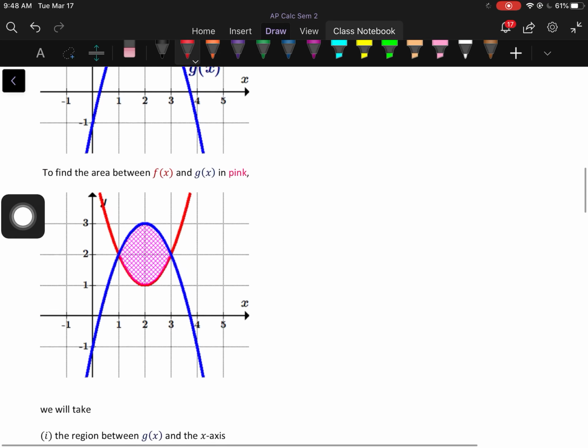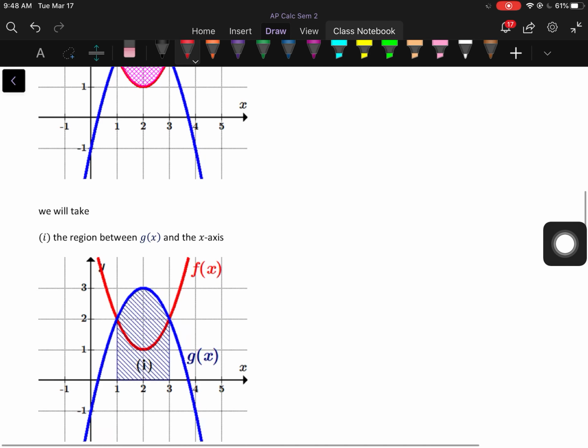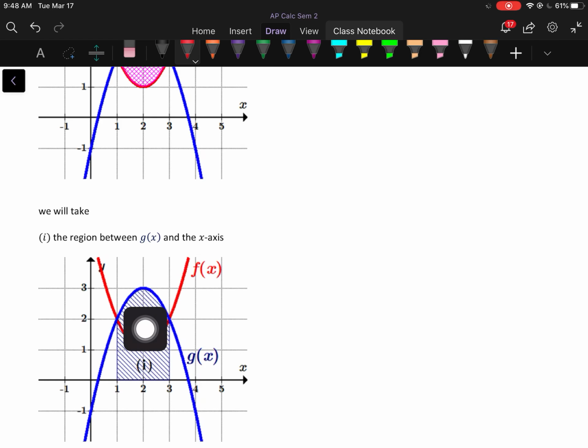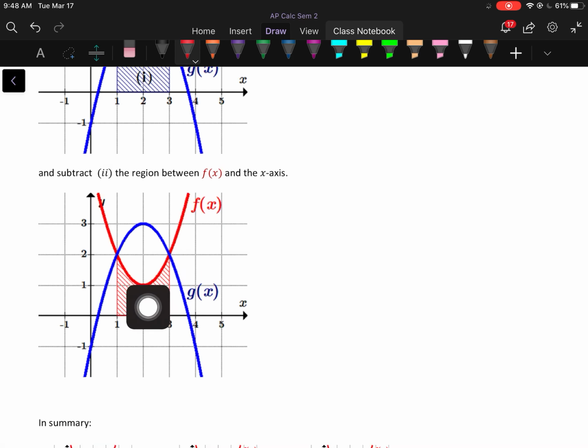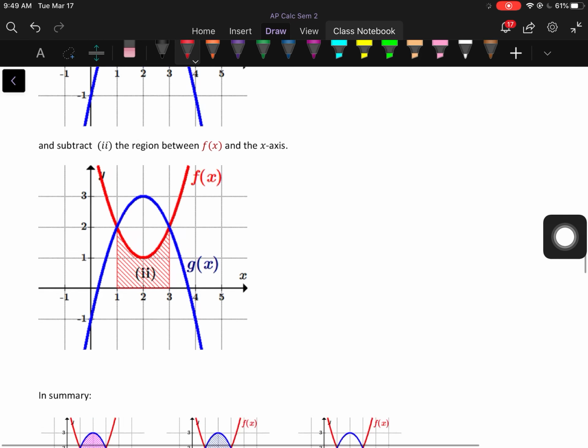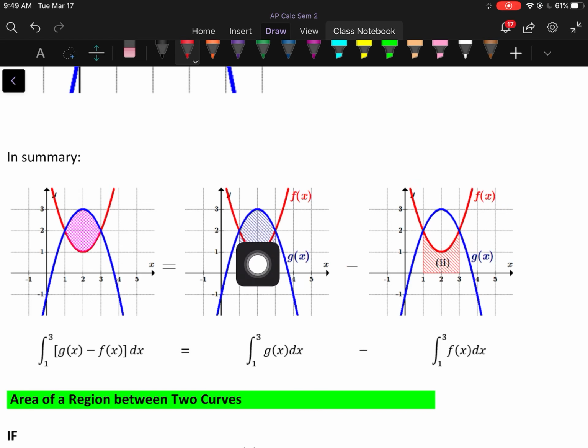And let's say I wanted to find the area of the pink region right here. Well, of course, it goes from one intersection of the graphs to the other. And we would take the region enclosed by the blue curve and the x-axis, so this region marked Roman numeral 1 here, and then you'd subtract away the other area under the red function labeled Roman numeral 2. In summary, the pink area is equal to the blue area minus the red area,